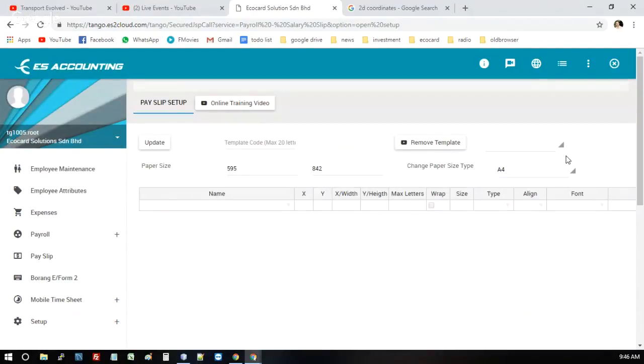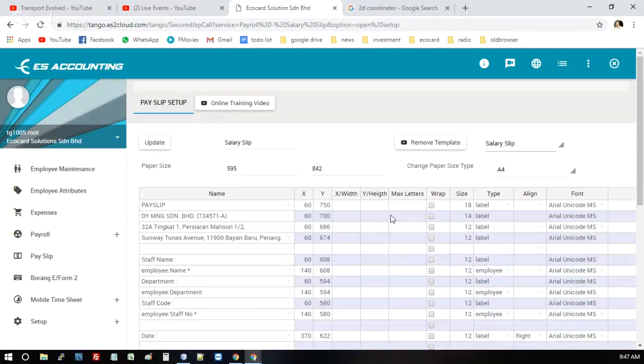In the pay slip setup, you'll see that by default some may get some values, especially if you have some templates. In this case, we have some blanks and some existing templates. So select the templates, and you will see some test data available over here. Now, you'll notice the first column, before I go to that,